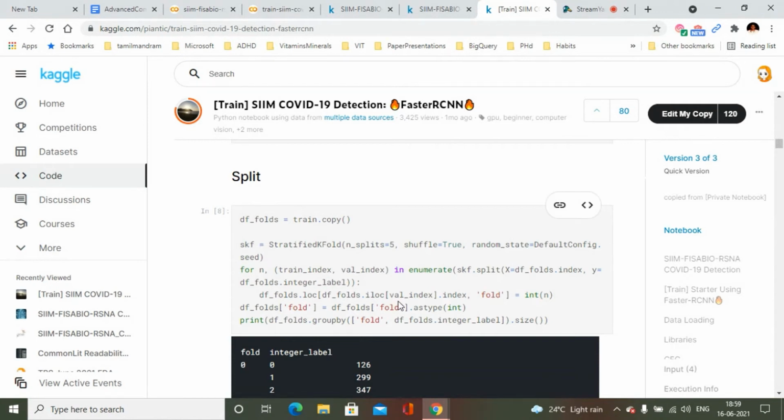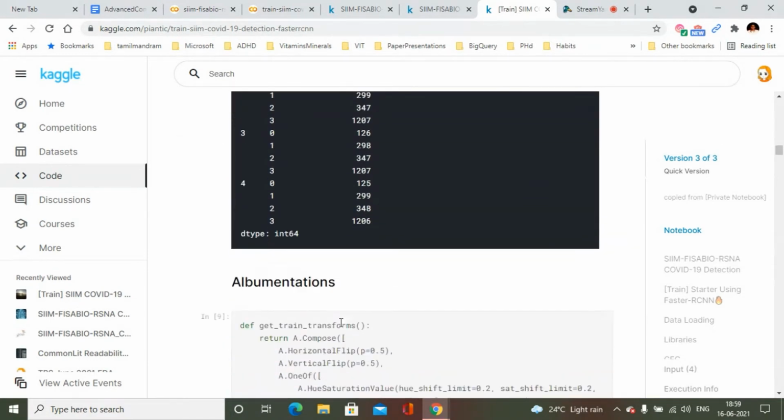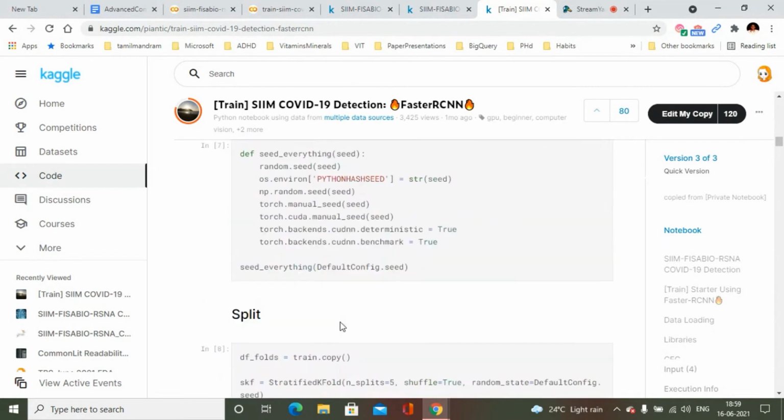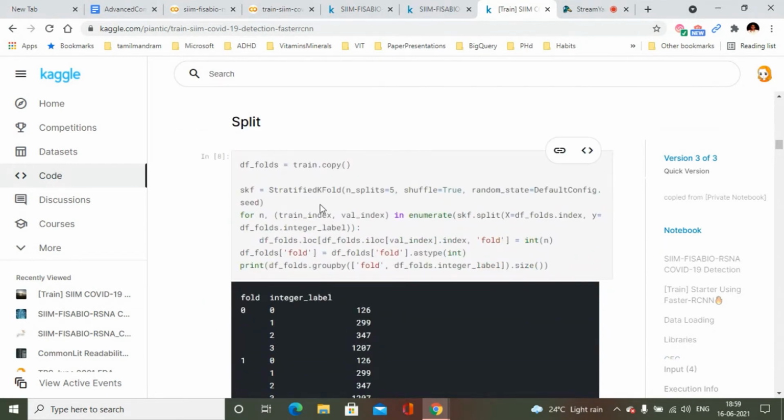So I'm going to do a five-fold training. I'm going to use stratified k-fold from the scikit-learn package to split it into five folds and do the training. In this piece of code, I'm using stratified k-fold and splitting my training and validation data set into five folds. Stratified k-fold is very handy, and you don't have to do much low level coding. You can just use this package to get it done.